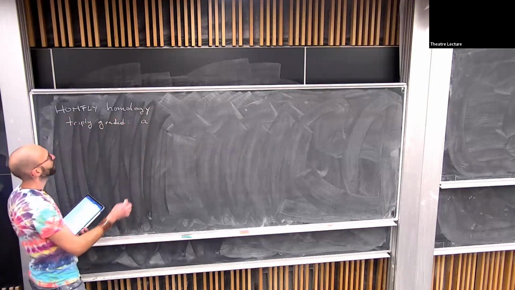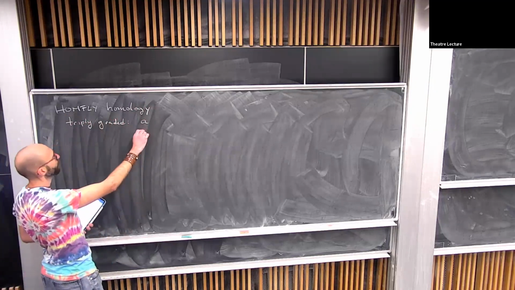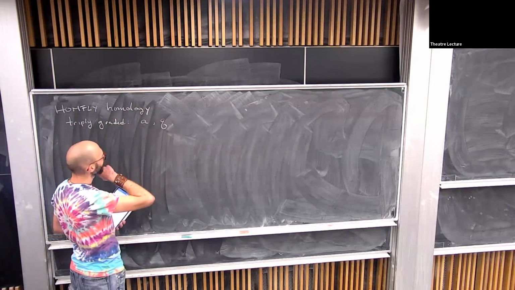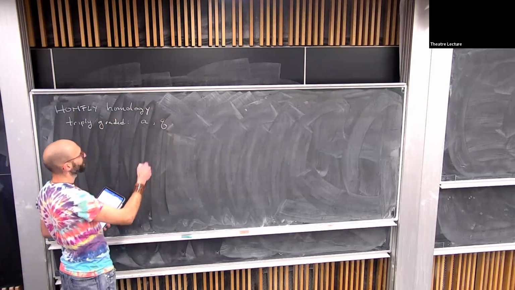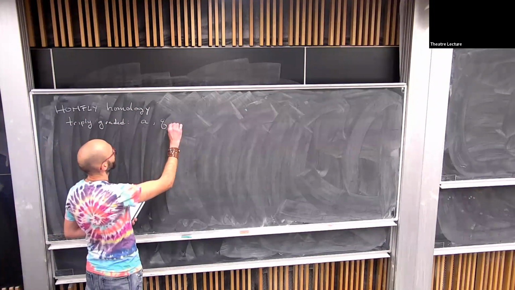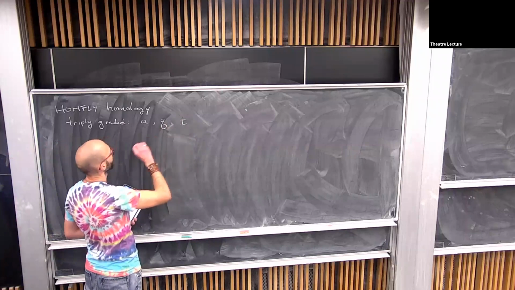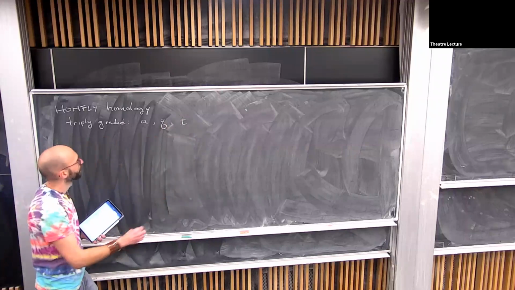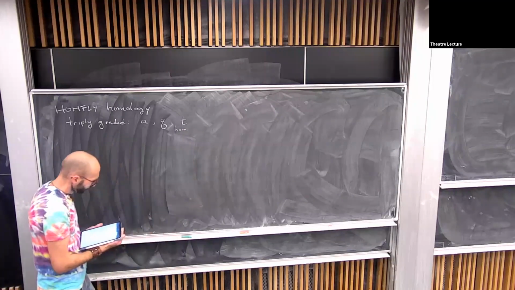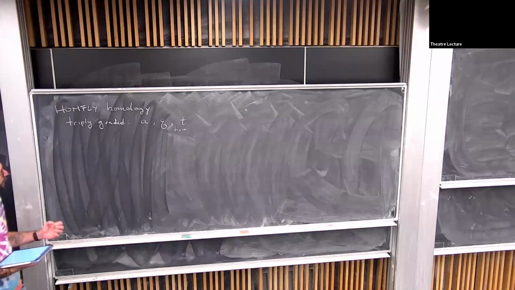Other people do too. This is the extra grading in the HOMFLY polynomial, and then there's a Q grading, which is the quantum thing that exists even in Jones polynomials, and there's a homological grading. Khovanov-Rozansky homology